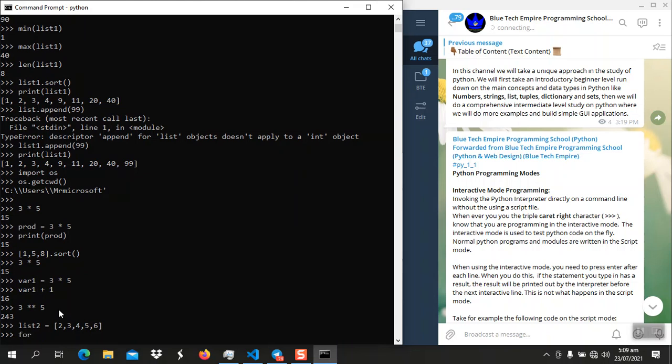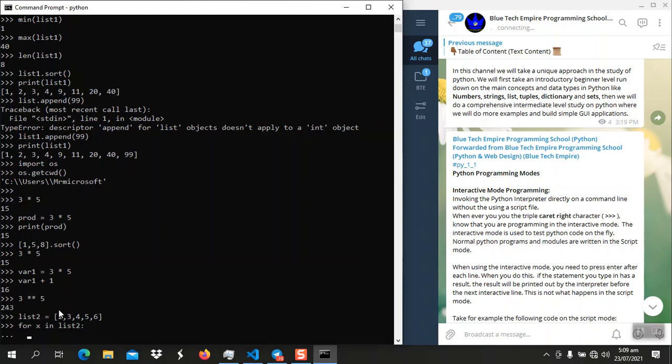Just for x in list2, square equals x times